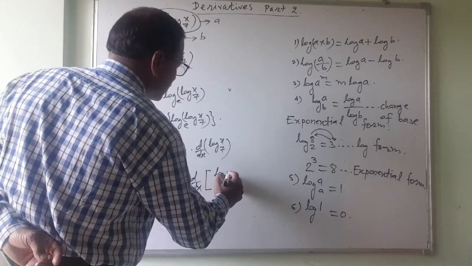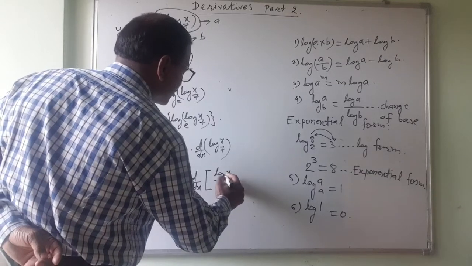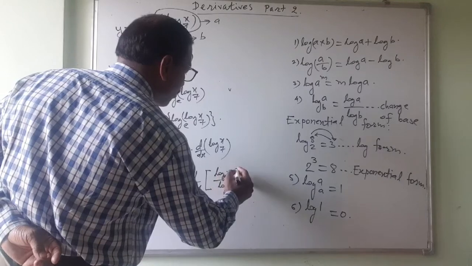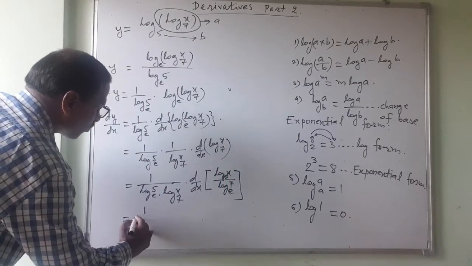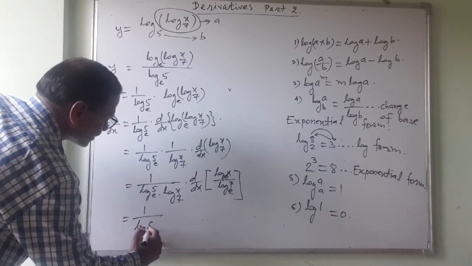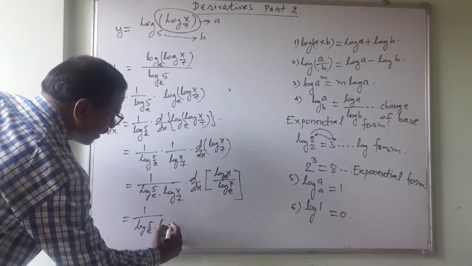Log of x upon log of 7. And the base is e. No need to write it, but for your understanding I am writing. So this is equal to 1 upon log of 5 to the base e into log of x to the